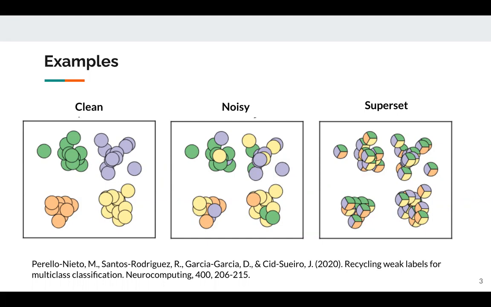In the last case, we have superset learning, where now every instance can be associated with more than one class, but where the true class is always provided in the set. The last 2 cases imply that the dataset is suboptimal. This might be due to the nature of the task, or it might be due to choices made by the dataset owner.